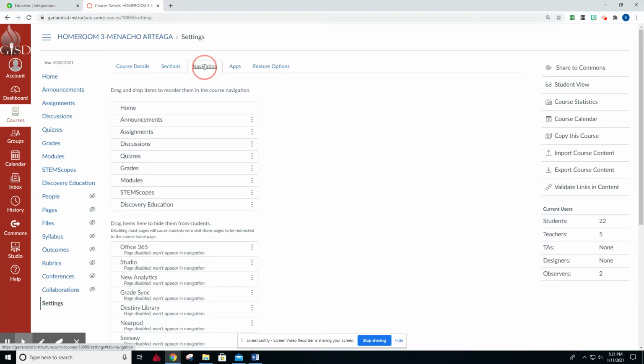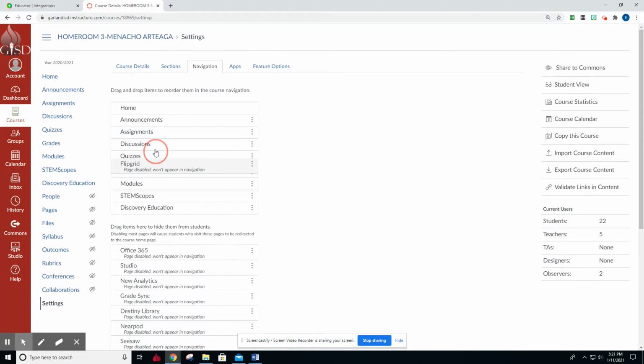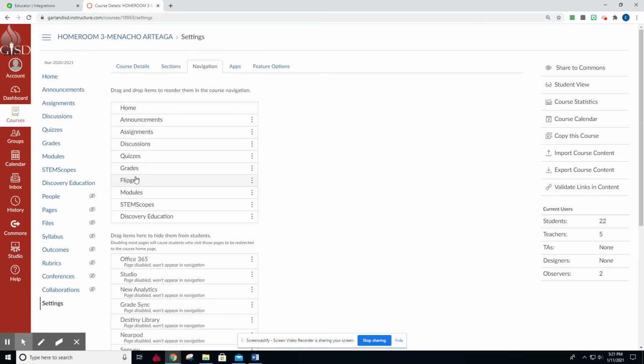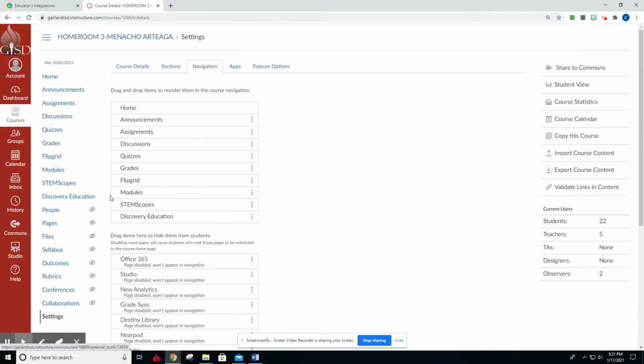Make sure you're on Navigation. You're going to find to where Flipgrid is at the very bottom and you see it's disabled. It means that you won't be able to see it. So instead, you're going to drag it up here so that it'll be visible to you and to students. So you save it and then it'll be here. It'll pop up. You're going to click on Flipgrid